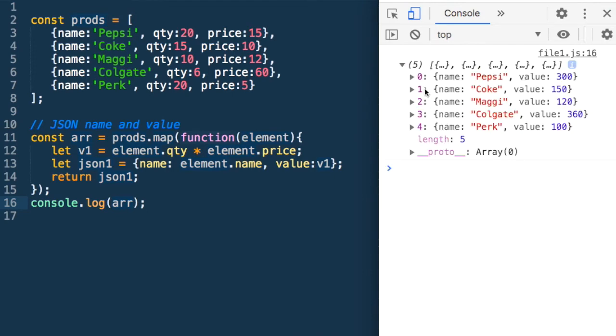So we have gotten the name and the value, and let's check the value. 20 into 15, 300, 15 into 10, 100. They all seem to be fine. Now what's the second step? We need to sort it. So I need to do array.sort